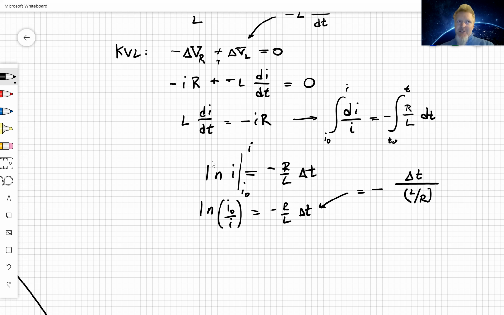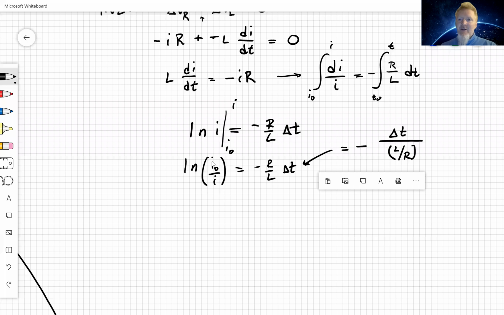So just like we had RC for the capacitor circuit, it turned out that became a characteristic time. And here, L over R is going to be the same type of thing. So what I'm going to do is just hit both sides of this with an e, and I'm going to get that